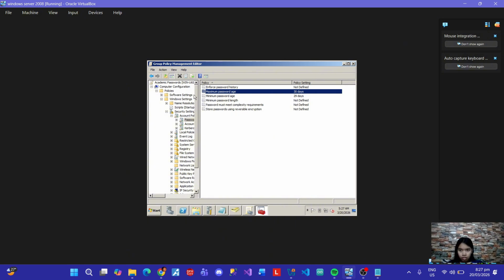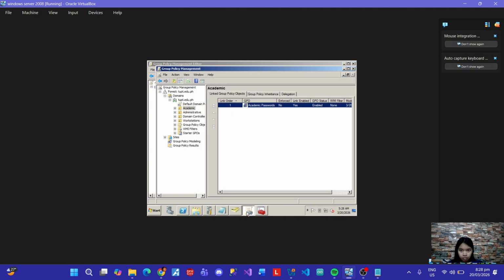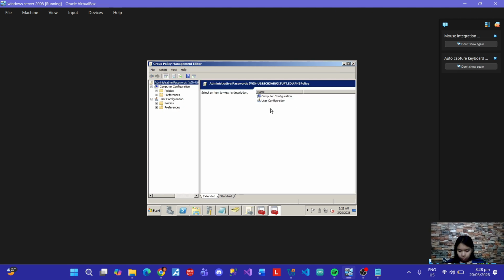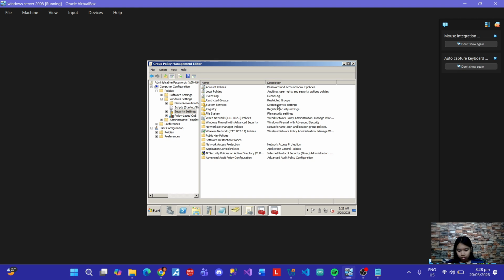So next is for admins. So we edit it. Let's go for computer configuration, policies, Windows settings, and security settings.